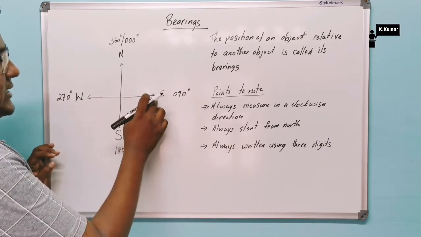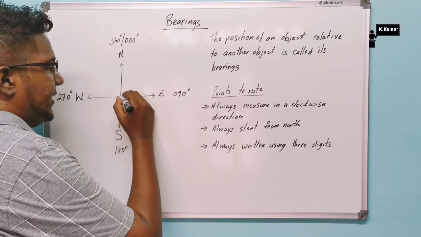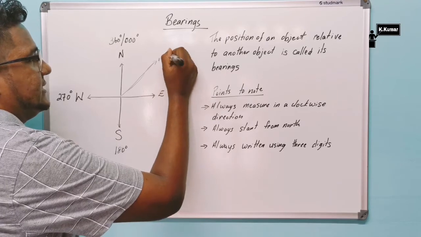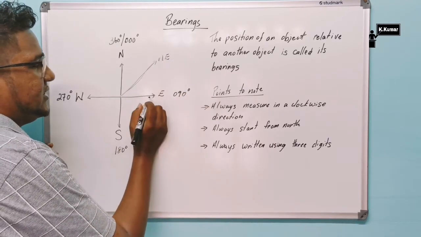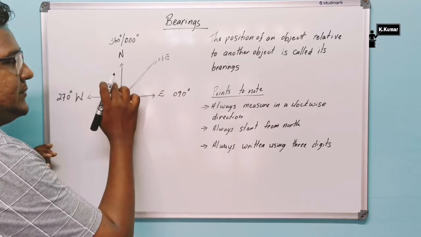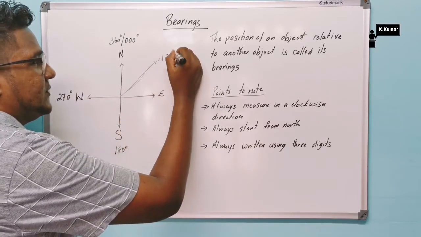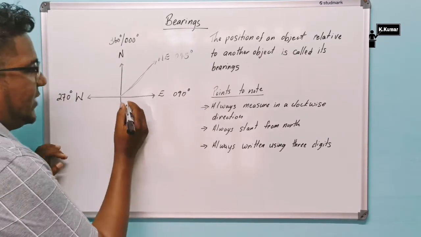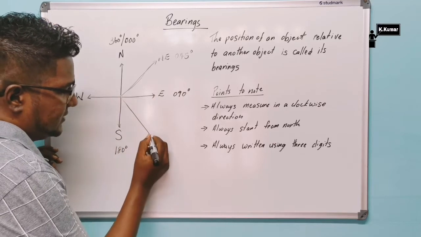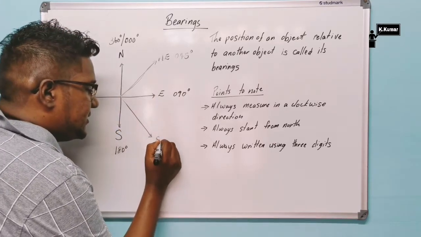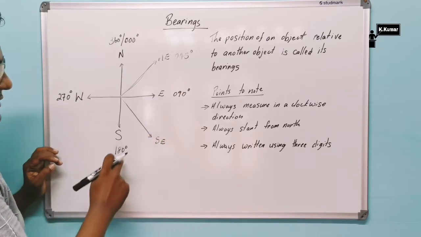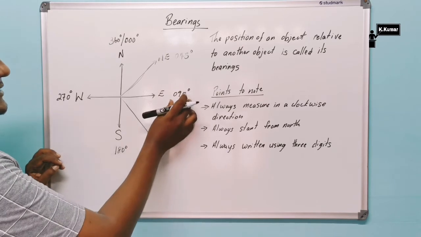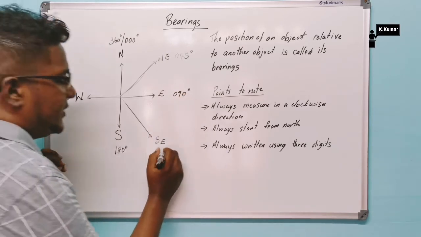Now between north and east, we would usually get another cardinal point that would fall here, and this one we call northeast. If from north to east is 90, therefore the middle between north and east is going to be 045 degrees. You will get one between east and south, and we call this one southeast. If between east and south is 180 degrees, then southeast is going to be 90 plus 45, which is going to give me